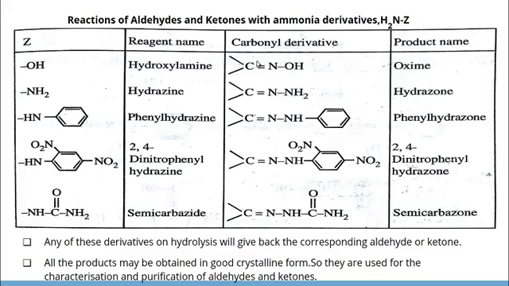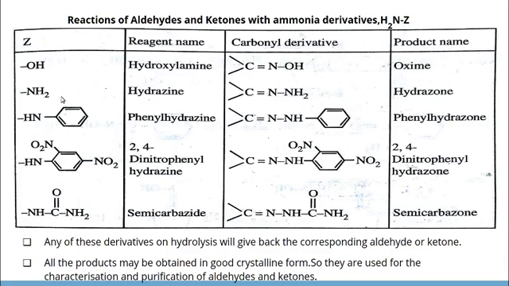See, here we have the table of condensation reactions of aldehydes and ketones with ammonia derivatives. That means different types of reagents and the products are given. Ammonia derivative first, NH2Z. If the Z is OH, we will get the reagent hydroxylamine, NH2OH. On treating with a carbonyl compound, elimination of water molecule occurs. That means H2 from here and oxygen from the carbonyl compound. Then we will get C double bond NOH. This is known as oxime. So on treating with hydroxylamine, we will get oxime as the final product.